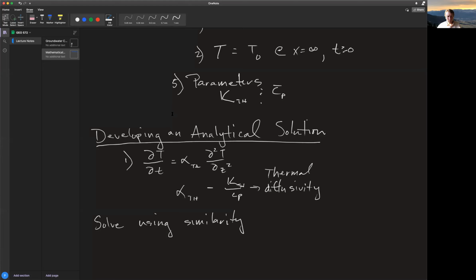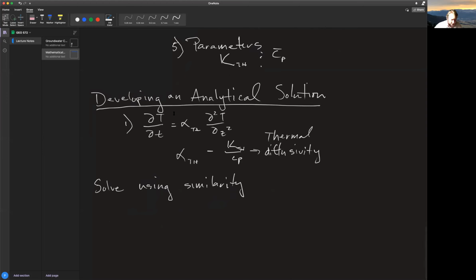Okay, so we're going to solve using similarity. And similarity is basically just creating dimensionless or normalized variables that allow us to reduce the number of variables here. So the first thing we're going to do is define this thing called